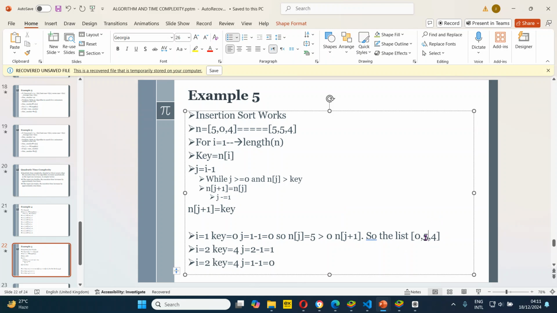So our j now becomes what? So our n of j here will become what? 5. Can you see that? Our n of j becomes this 5. Alright? So that is what it means. Our n of j becomes this 5. So it means that if j is greater than 0 and n of j now is greater than